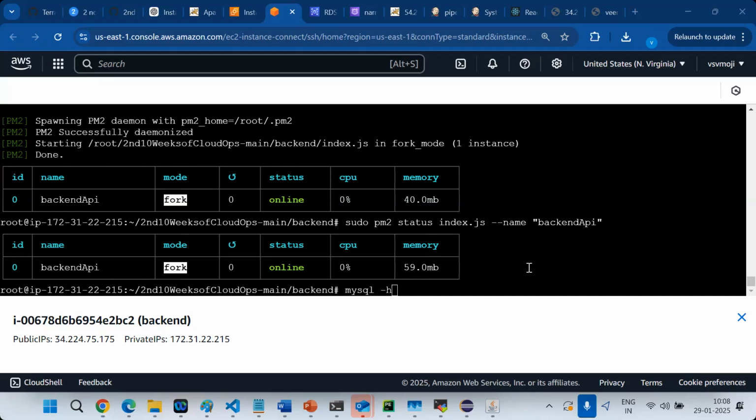mysql -h. What does h mean? Endpoint, the host. Next is what? -u, username. Next is what? -p, password. When you run this command,